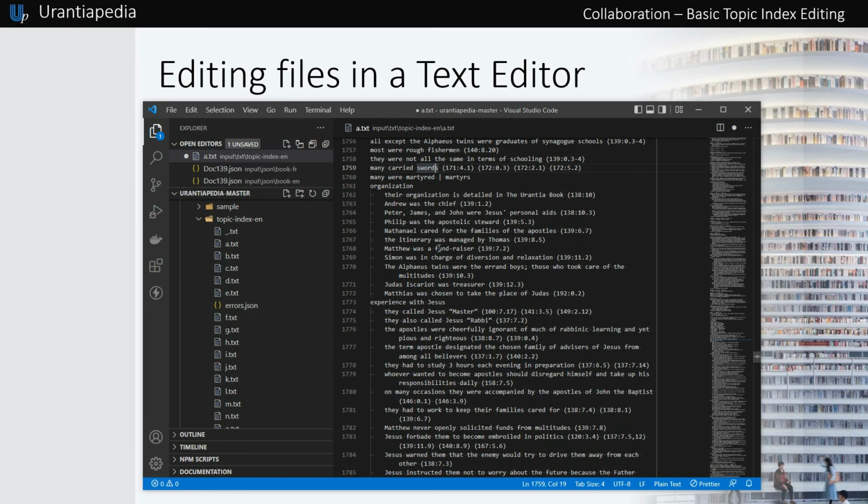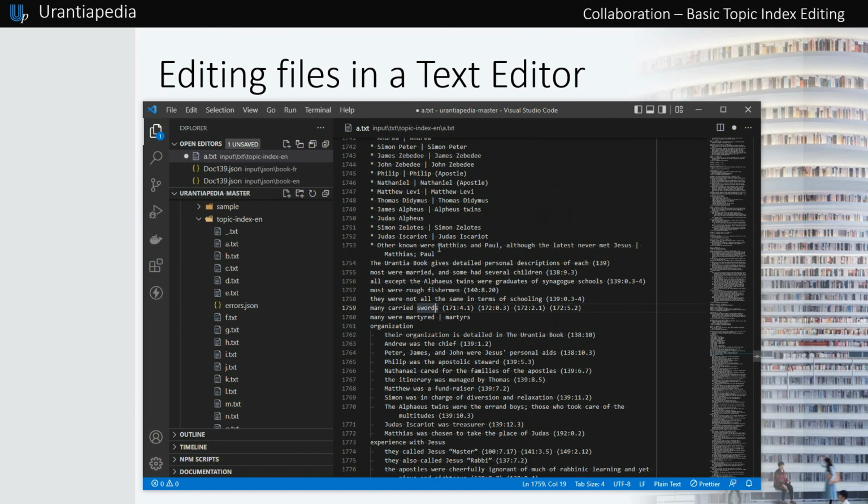Be aware when doing proofreading that many lines have been extracted directly from the Urantia Book, and the words used are what they are because we want to maintain quotes or information as close as possible to the Urantia Book. Try to avoid saying things on your own when that is the case, when the words are being extracted from the Urantia Book.